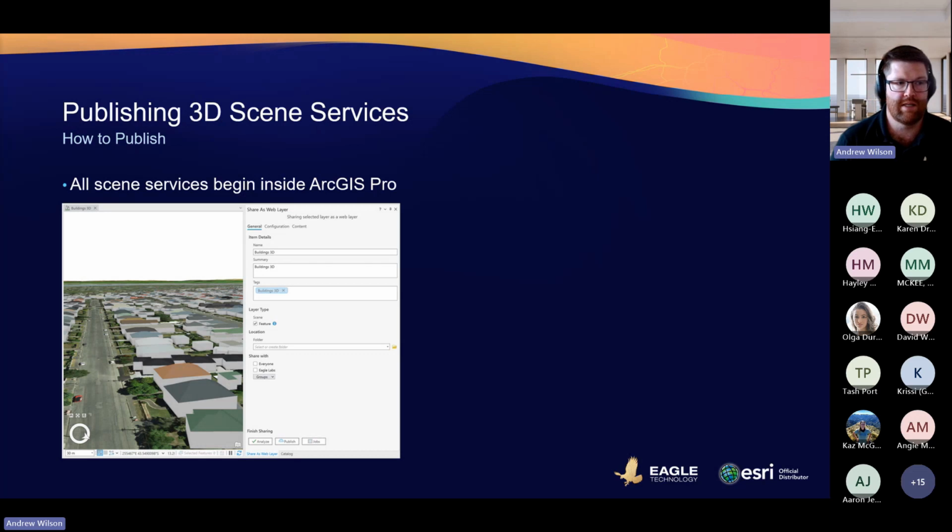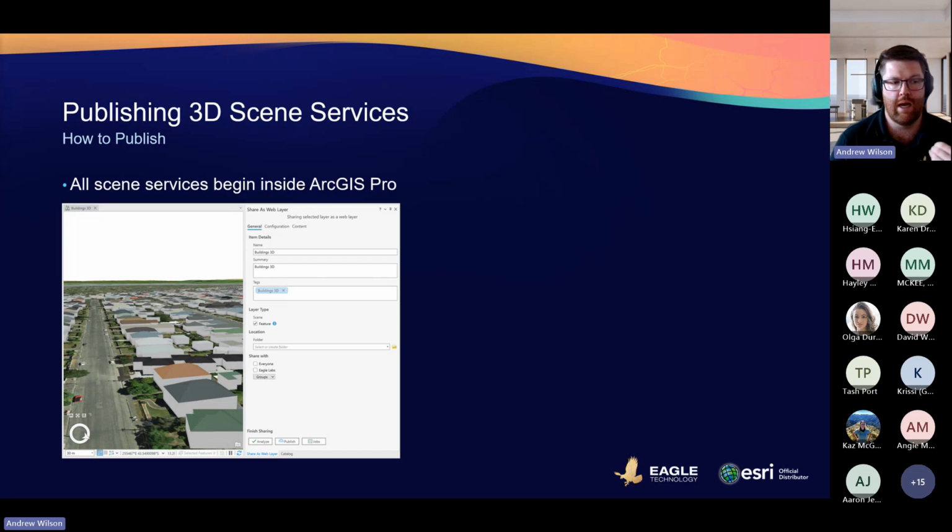So for example, if you're doing multipatch, points or building data, you'll publish that from Pro, and you'll get a scene layer, but you'll also get a related feature layer. So that related feature layer, you can edit some of the data associated with that.